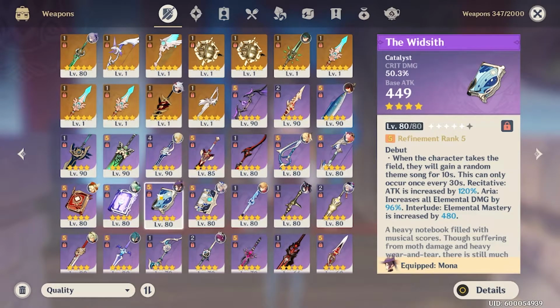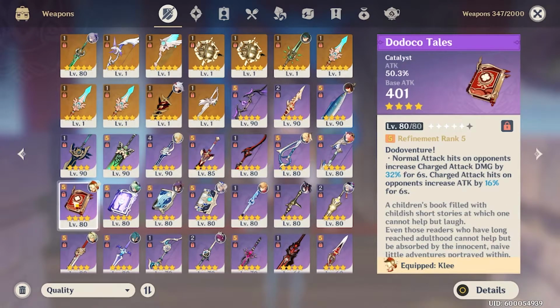Now take this one with a grain of salt, because I'm going over the next one right now. Yeah, take this one with a grain of salt. Dodoko Tails, because I don't know when they're going to bring this weapon back, by the way. It does have a nice little corresponding, I guess you can say back and forth type of buff, where your normal attacks increase the charge attack damage by 32% for 6 seconds, and then your charge attack hits on opponents increase attack by 16%